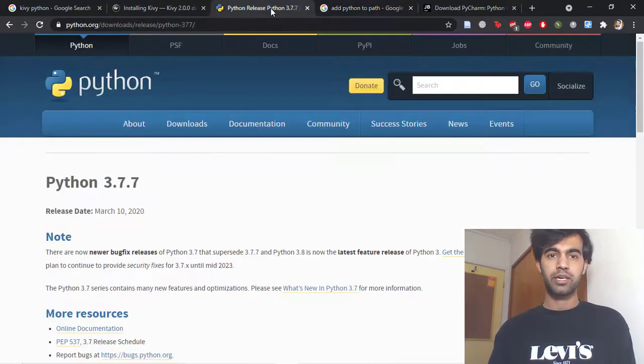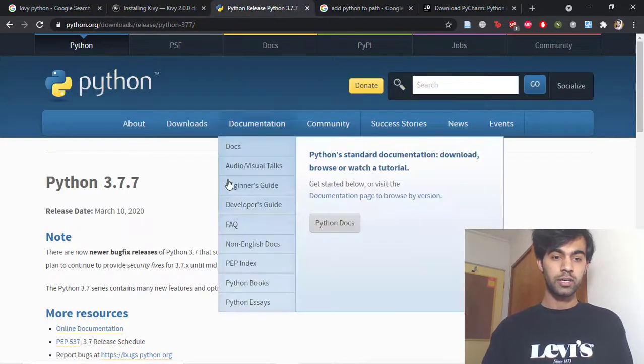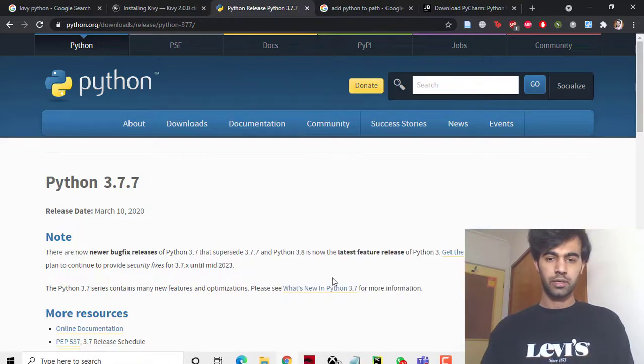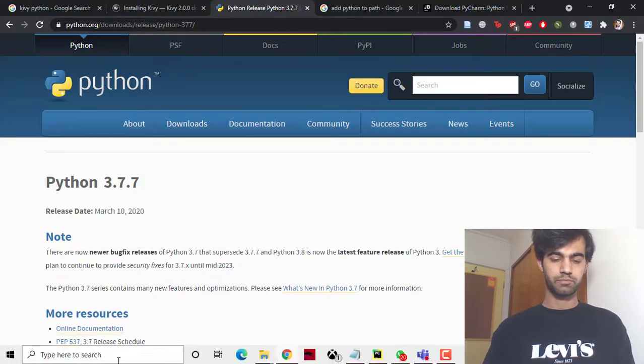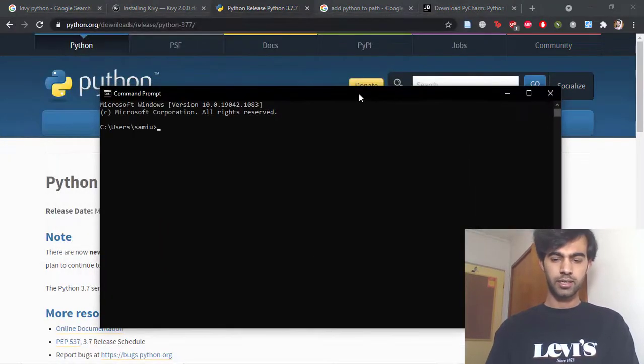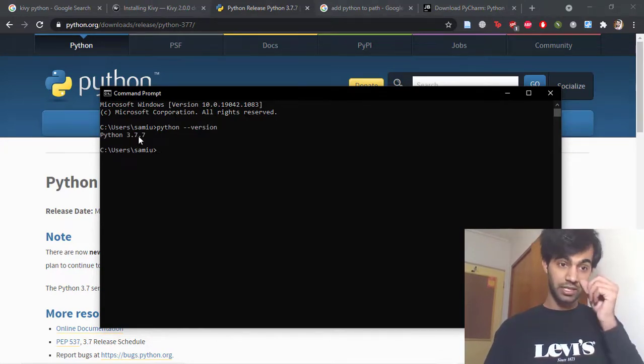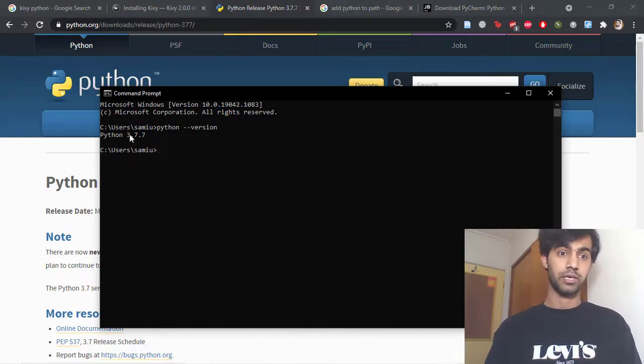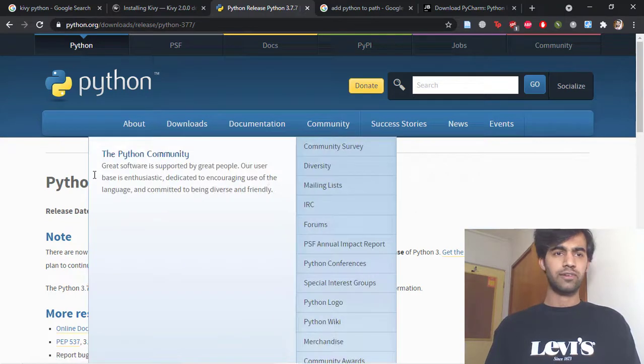After installing Python, just to make sure Python is installed or not, you can simply open your terminal or command prompt. You can type python --version and look, Python 3.7.7. It means I have installed Python 3.7 on my machine. So after installing everything,